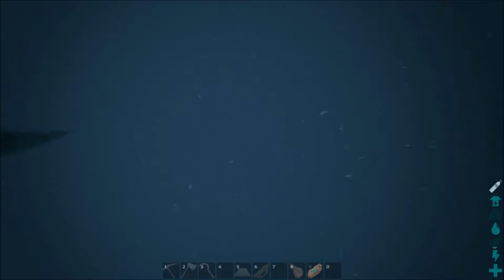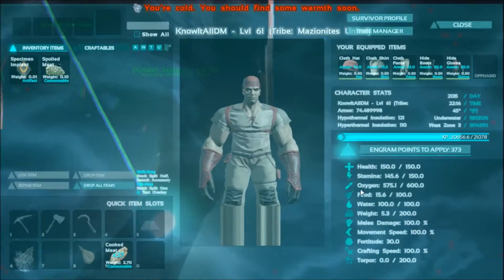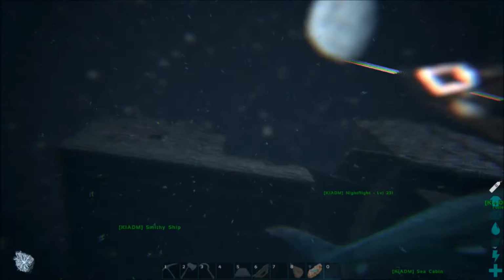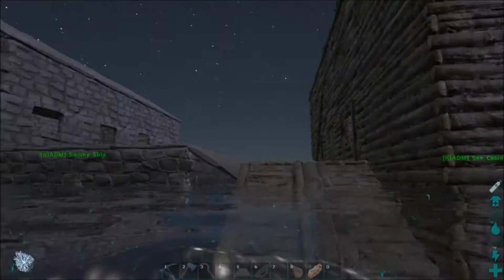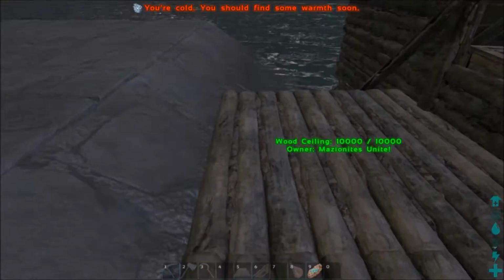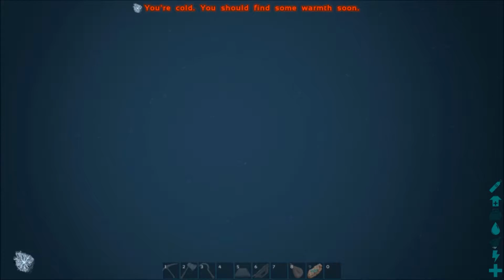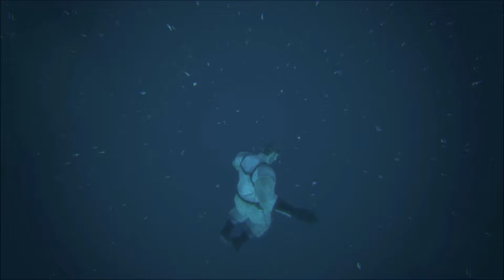Now, you may notice that I swim a lot faster in the water. That is because on this server, I have upped my oxygen to 600 because I'm going to be doing a lot of underwater stuff. Now, a 600 oxygen allows me to go diving and the like without the need for scuba gear. So, I can just dive straight on down, and I swim fast enough because of the oxygen that I can outrun any wild megalodons and I believe the anglerfish, and of course Dunkleosteus, because they